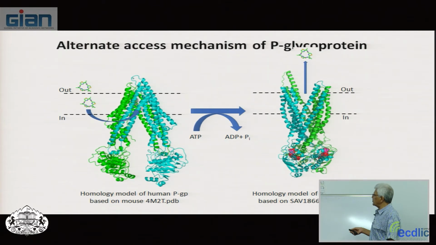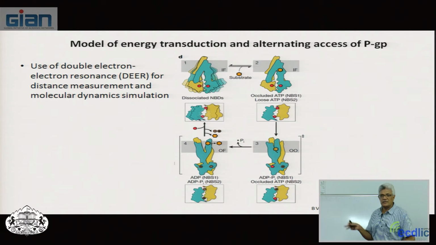Experimentally, we have shown, and others have shown, that the binding affinities are much higher here for the substrate. But when you change the conformation, the affinities change almost 30-fold lower. And that makes sense, because when you want to release the substrate, you want to be able to dissociate faster. And that's why you have a change in affinities during the ATP hydrolysis cycle. Okay, so this is exactly the same model,